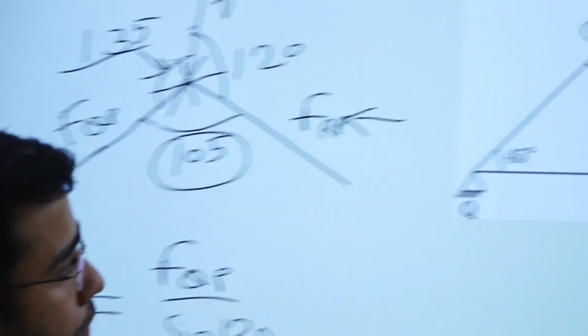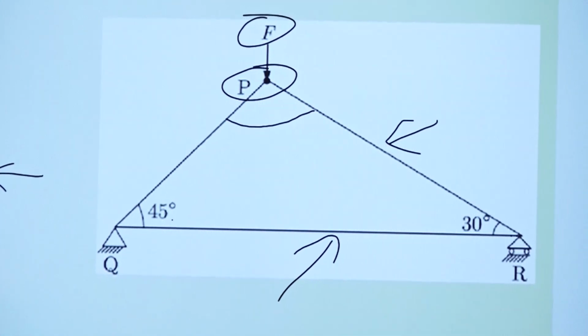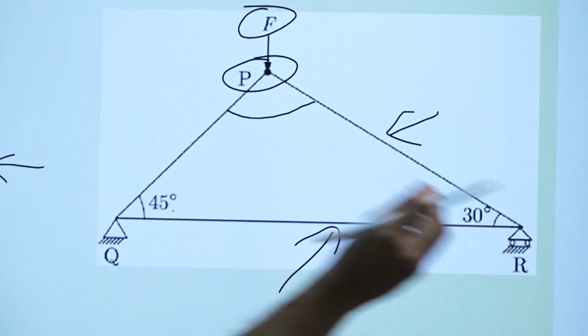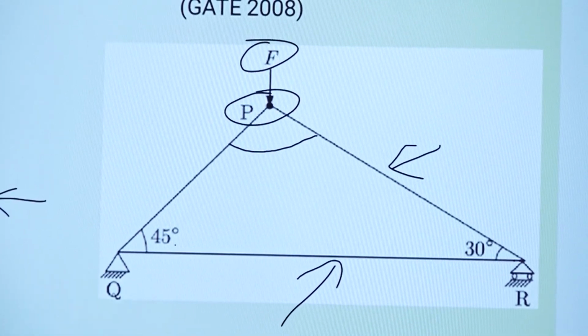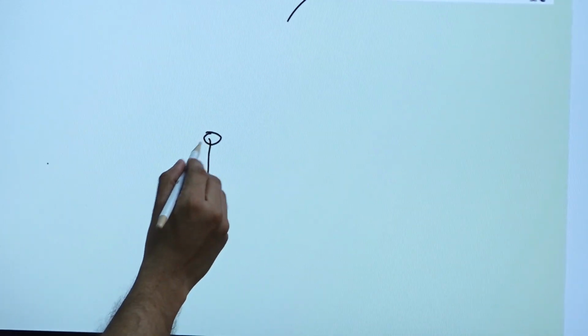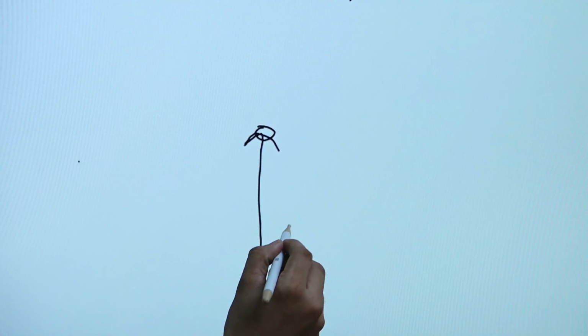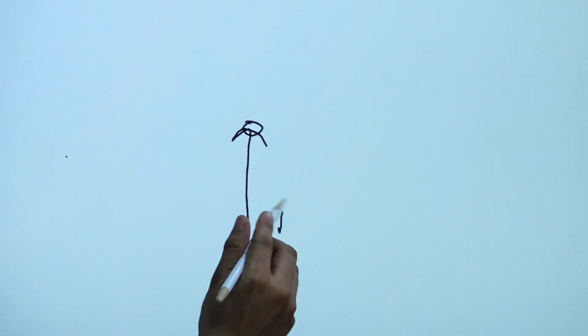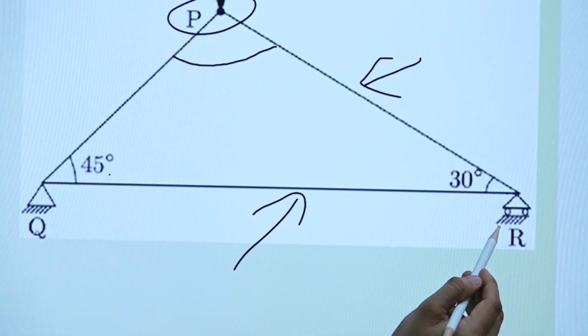Now we have to make free body diagram of R. So I will take this pin out, okay. I will keep it here. Suppose this is a pin R. Okay. Now I will make free body diagram of R. So one force will be like this. This will be reaction force, obviously, right? We can say simply R, right? And you can see it is simply supported.